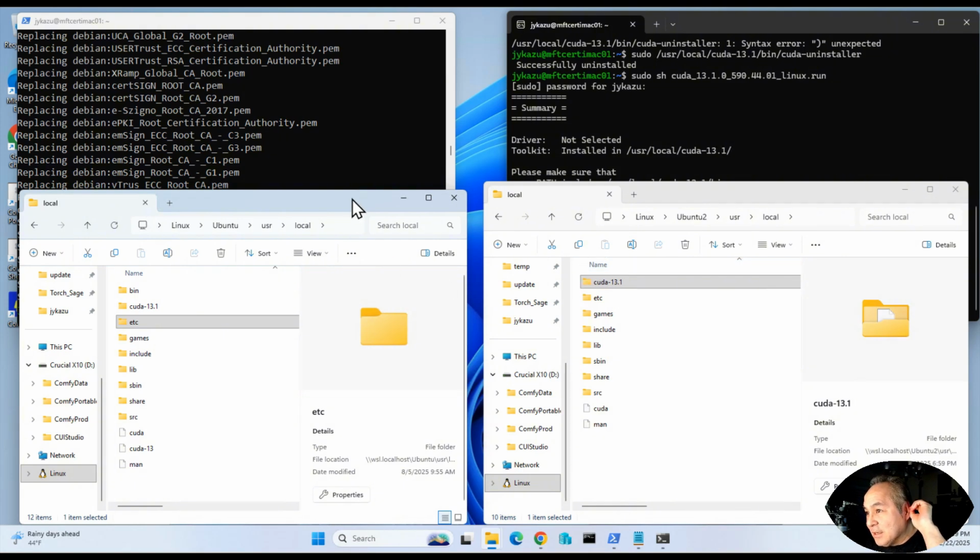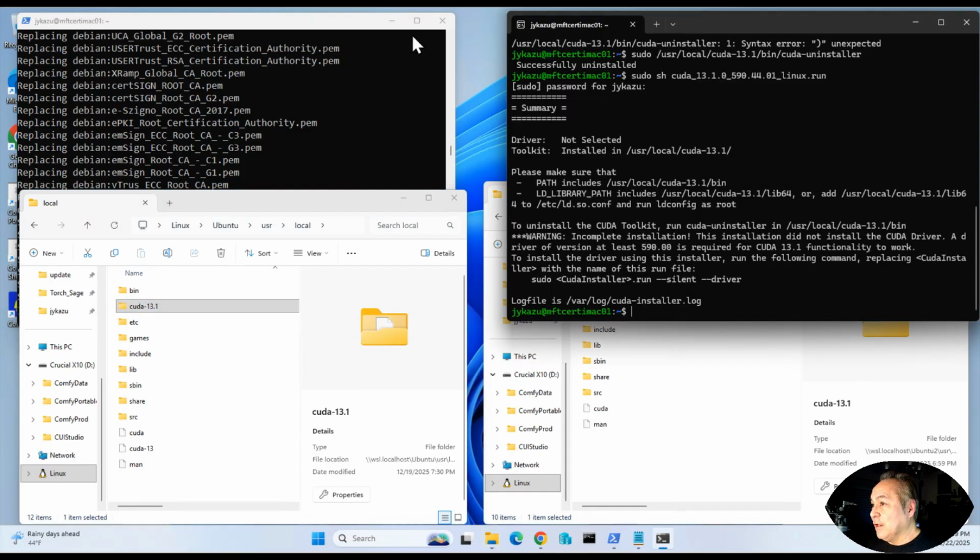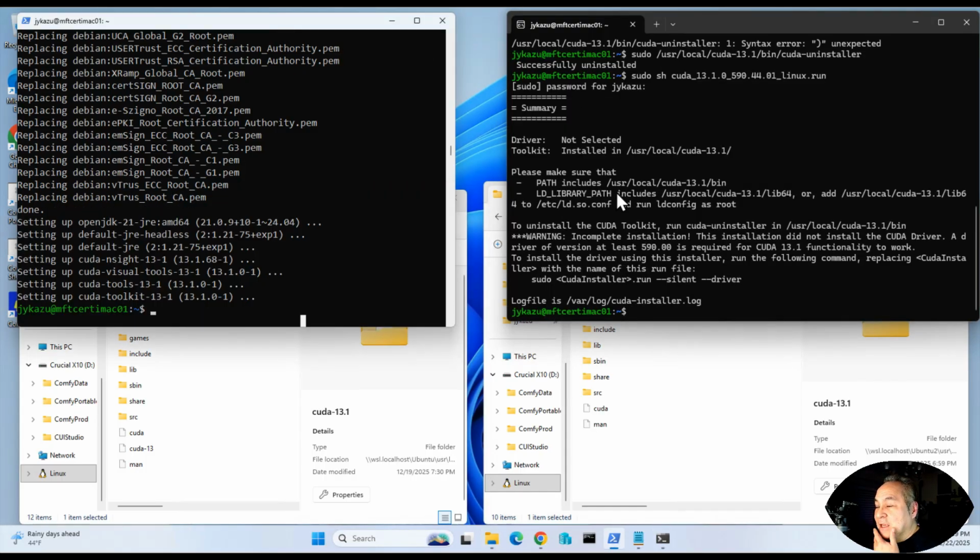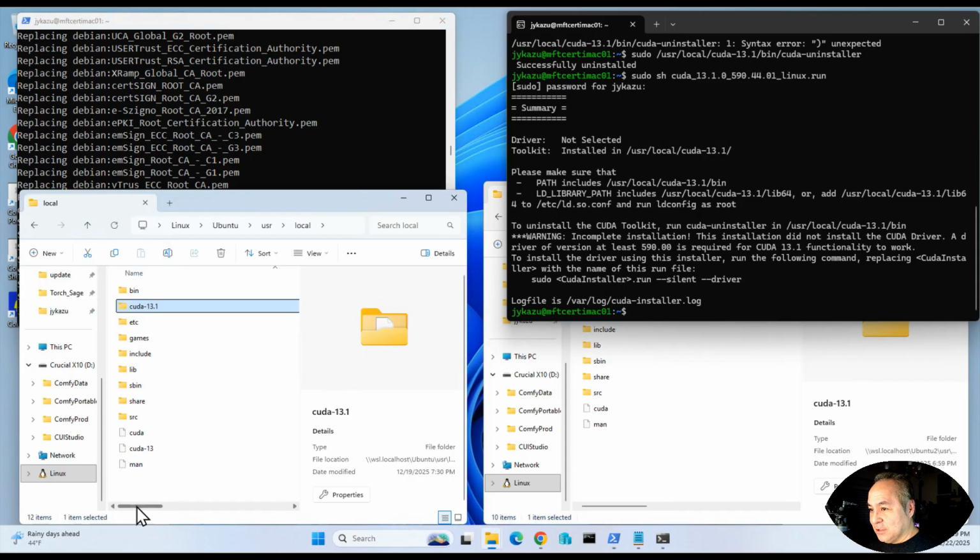But unless I say it's WSL specific, most of this should work. So on the left side, I have CUDA 13.1 installed via apt, and on the right side, 13.1 installed via the downloaded run file from NVIDIA. Now, for the most part, for the CUDA toolkit, they install the same thing. There's some slight differences. The apt version also installs in the